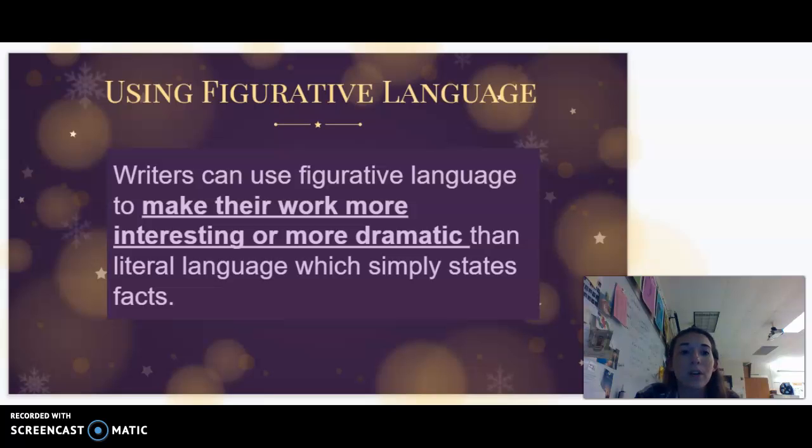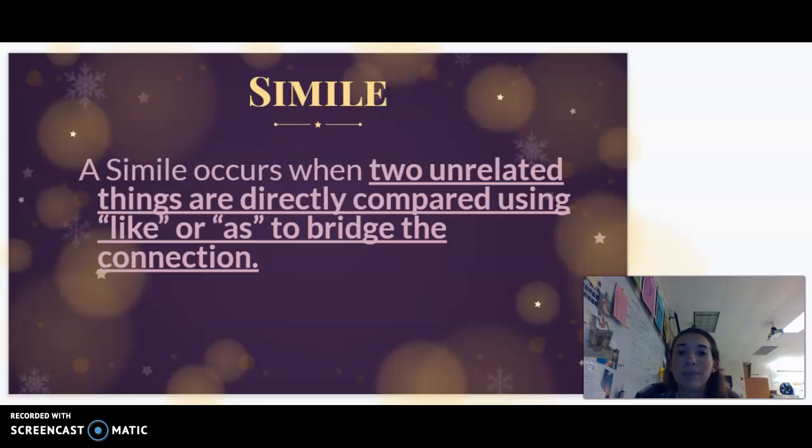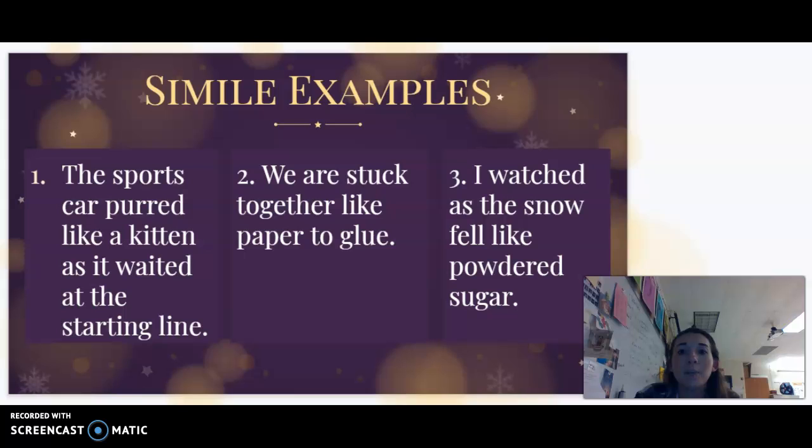We're going to start off with the term simile. A simile occurs when two unrelated things are directly compared using like or as to bridge the connection. Some examples of similes would be the sports car purred like a kitten as it waited at the starting line. This is a simile because we make a comparison between a sports car and the sound that a kitten makes